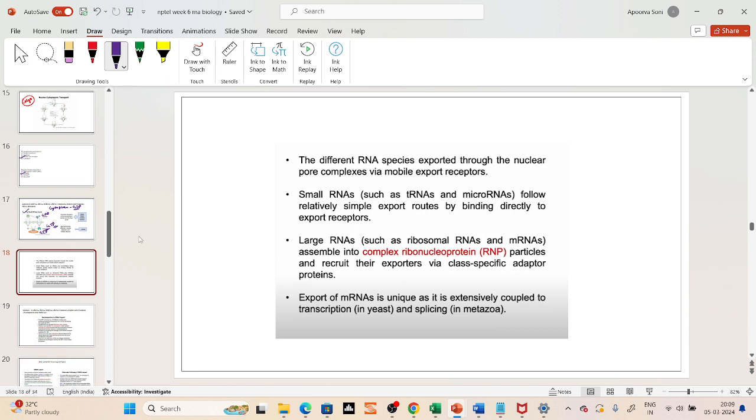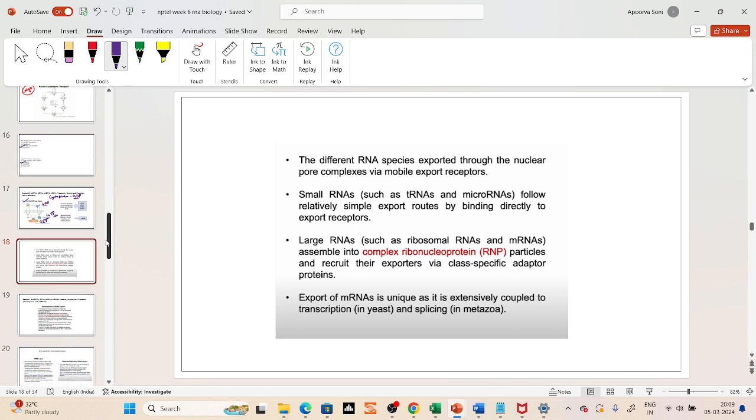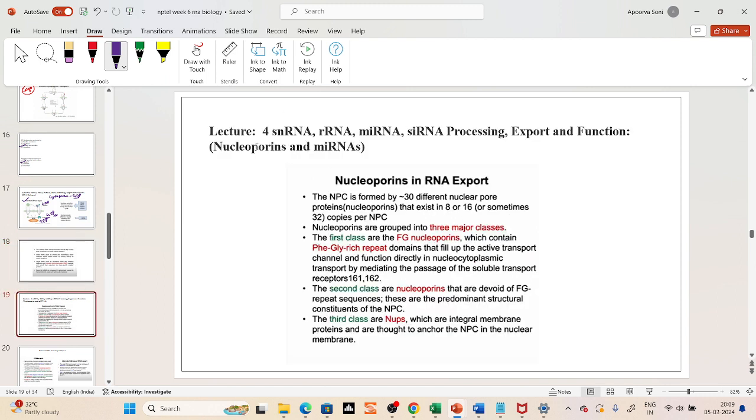So these are just some of the screenshots I have put. You can just go and read through it. I have just kept it so that you can read about it if you're not able to find them. Now again we come to lecture 4, where we're talking about nucleoporins and miRNAs, that is microRNAs. So basically, what are nucleoporins? Basically they are formed by different nuclear proteins. Okay, and these nucleoporins